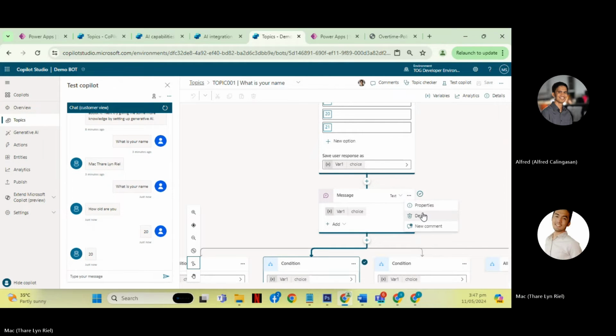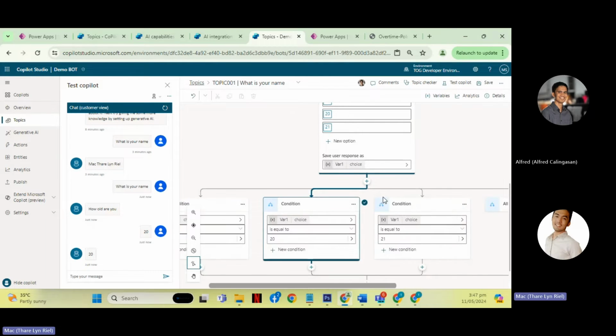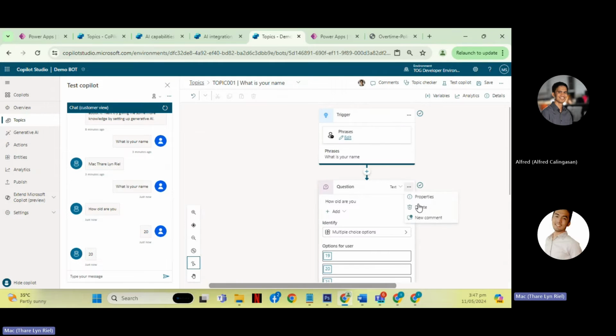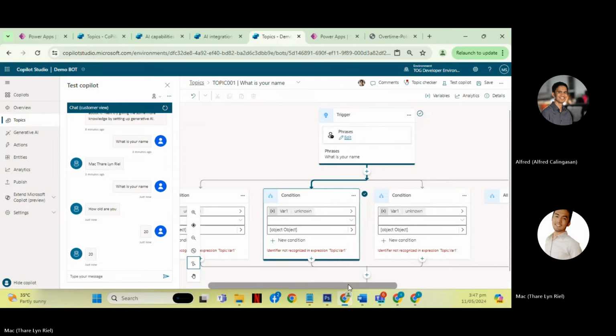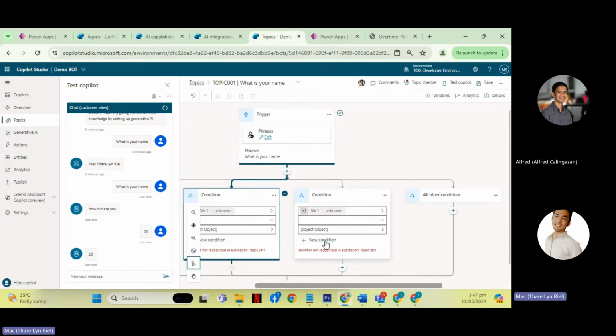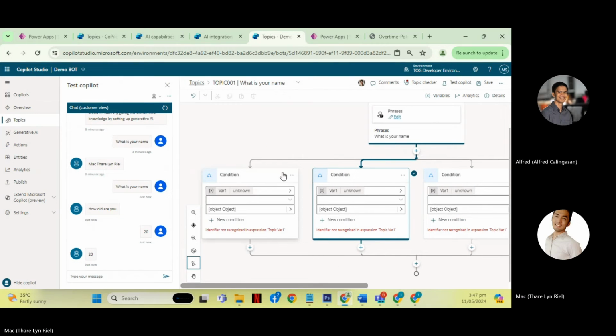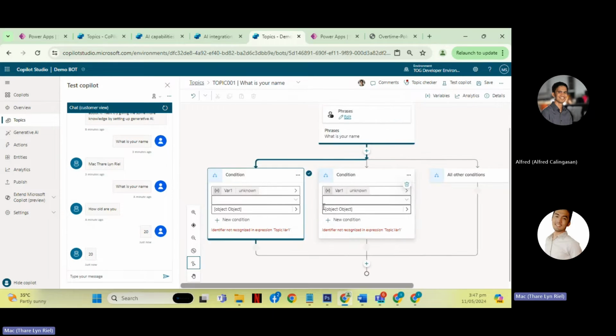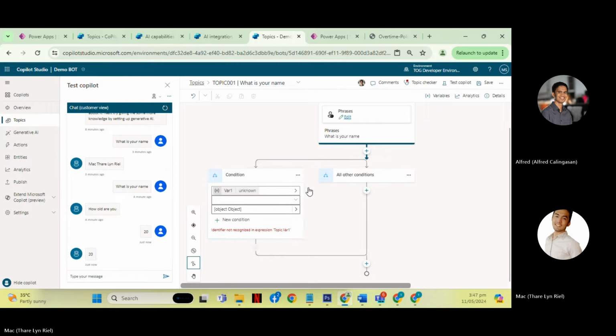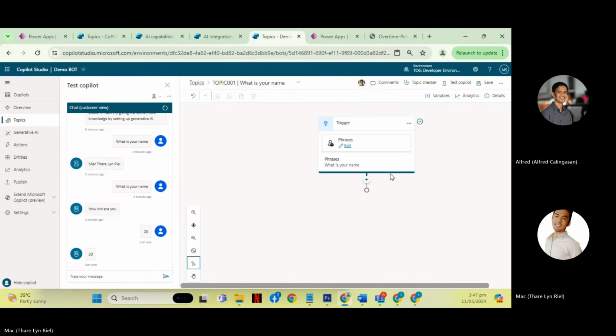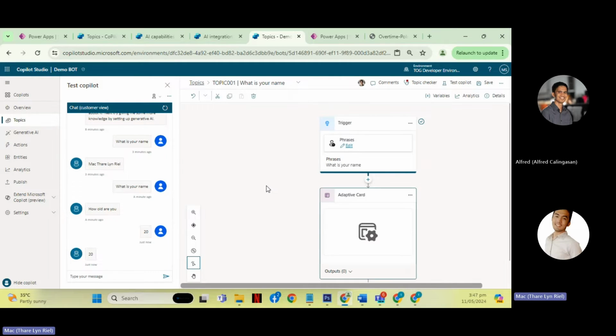So let's proceed again. Let's delete this first. Let's just delete this. So you can also ask with an adaptive card.